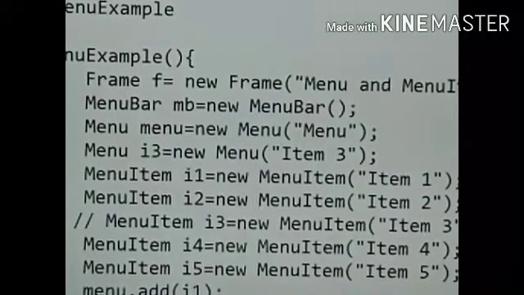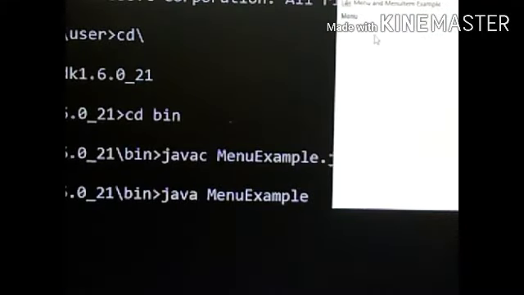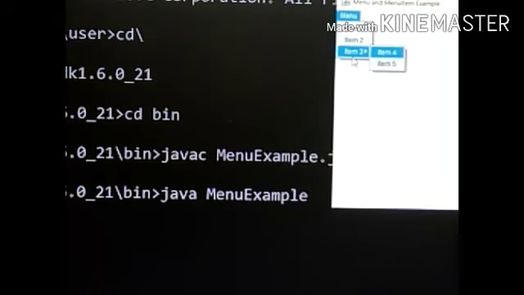So I have a menu having 1, 2 and 3 items in the main menu, and here I am going to have a submenu. Without even pressing it, it shows it has some submenu. Here I have one triangle which shows that I have some submenu. When I click on it, or when I point to it, I will get the menu items listed under the submenu. So item 3 is my submenu here, and item 4 and item 5 are menu items of the submenu. Item 1, 2 and 3 are the menu items of the main menu.